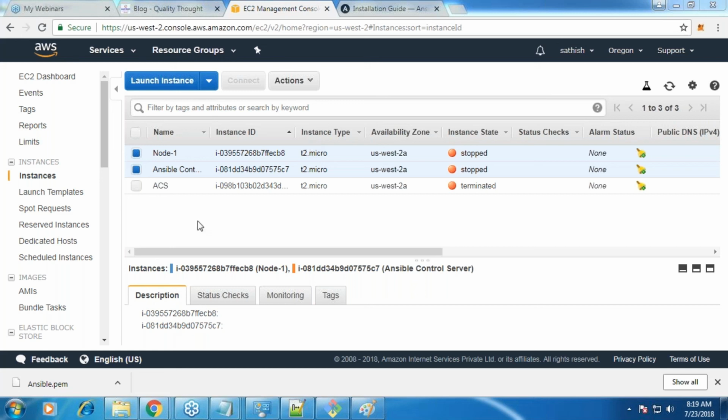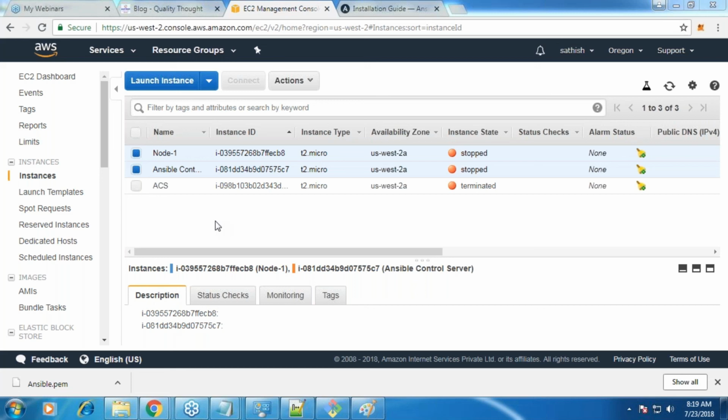Can you correct me if I'm wrong? SSH keygen on the client and copy ID on the server? No, both on the server. SSH keygen is required to copy a public key onto your node, and to copy a public key, you should create a public key on the server.